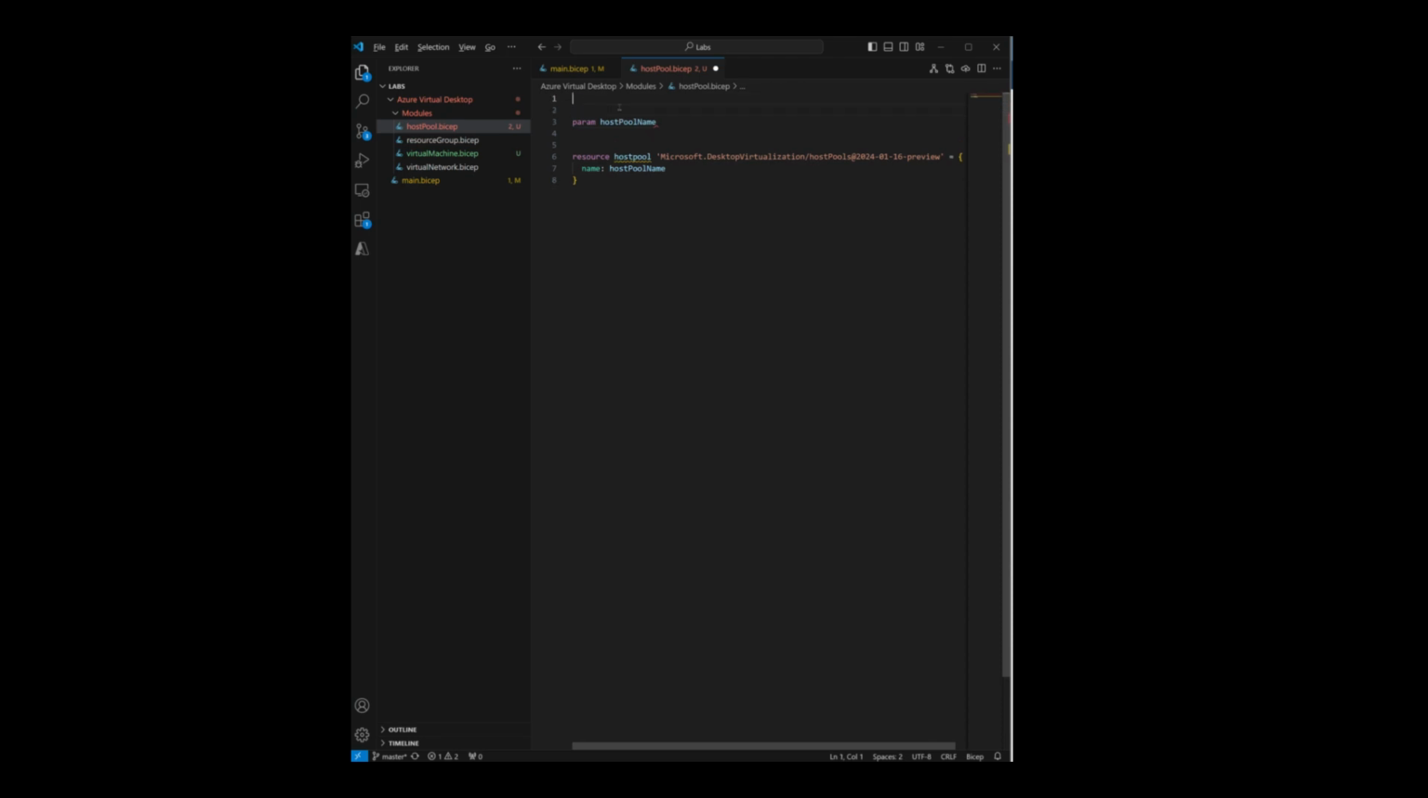And make our other typical stuff like param location, string, location is location. Let's go ahead and also add in tags, object, tags, and then let's go and get into the meat of it. Properties,